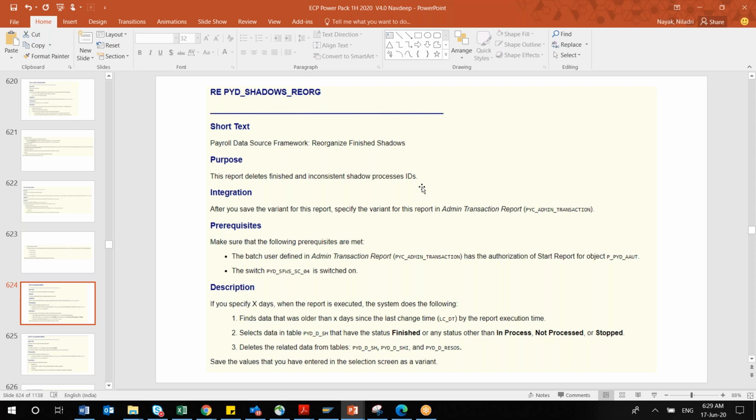So while you are generating the process related to your payroll control center, whenever you're running the transactions, you will be coming across certain backend systems, where some shadow process IDs have been generated. To maintain the performance of the report, this entire payroll control center, what does SAP do? This program will be running, and this is actually the backend. It will run and delete those